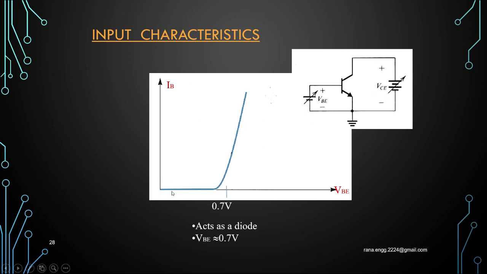So it will be off if you increase the voltage up to cutoff, that is up to the wall strength, that is up to 0.7. There won't be any flow of current. Once you cross the capacity of the potential barrier or depletion region, or the wall as we are calling it, then the current starts increasing. So this is the input characteristic for the input side, between input current and input voltage.